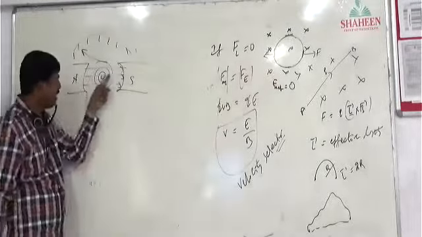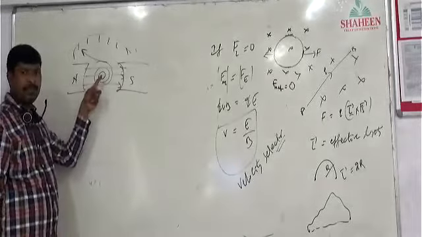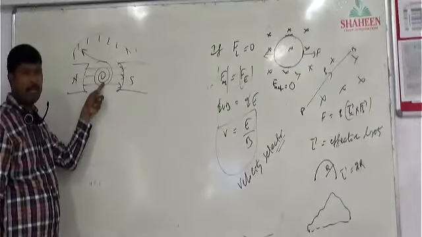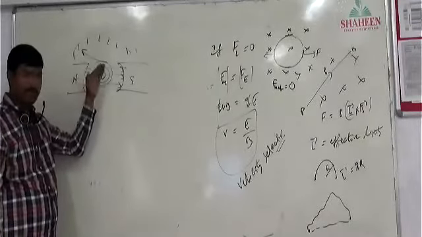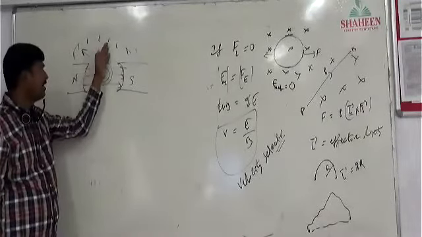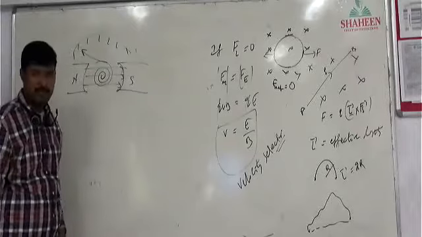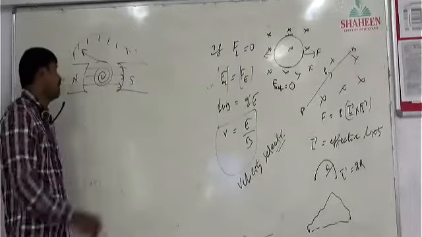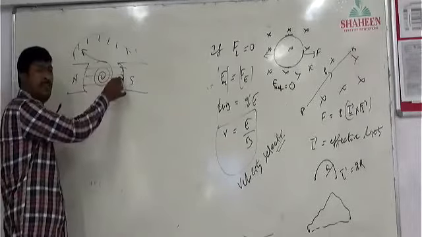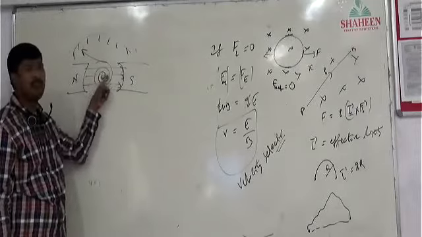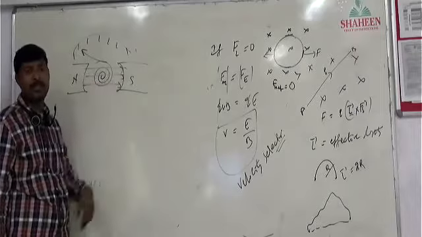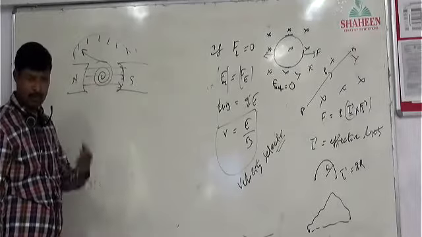Here the coil is wound like this and present in the magnetic field, so definitely torque will be present. Due to this torque, it will rotate, rotate, rotate. At one point, it will stop. It stops where the torque due to the magnetic field is balanced by the anti-torque produced by the spring force. Clear?